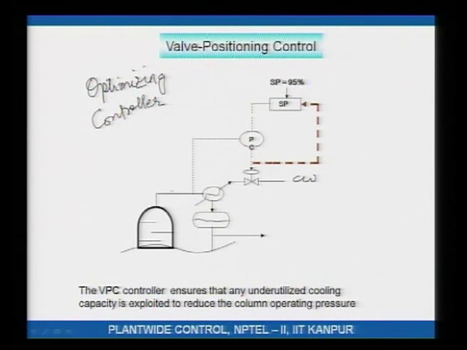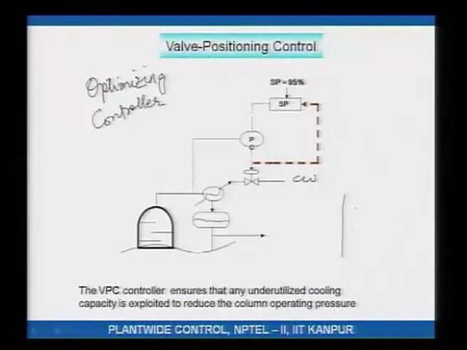So, this is how ordinarily pressure is controlled in most industrial columns. You typically do not have a valve here, because for industrial scale systems the vapor flow rate is very large, and to accommodate that vapor flow rate the pipe would be very thick or a large diameter pipe, and to install a valve on that, I mean that would be an expensive valve. So, this is usually not the case in industrial columns, okay.